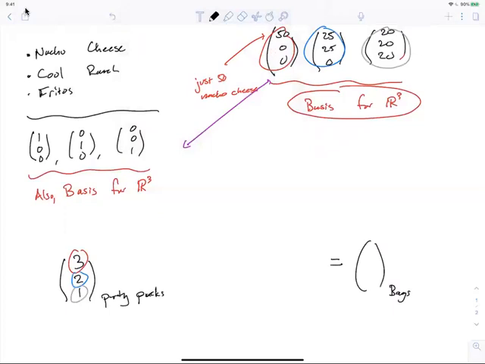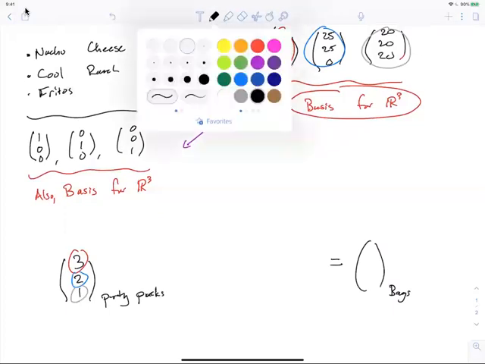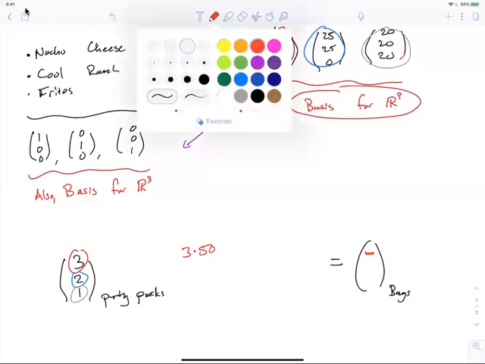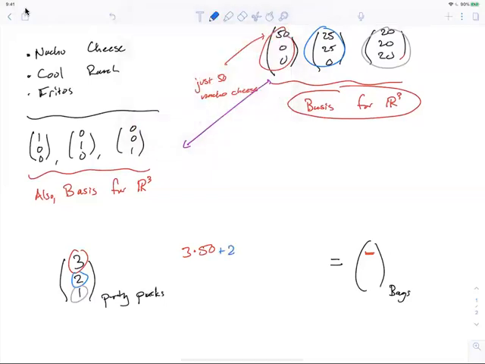And so we can do this just by feel, right? We can just talk through it. Well, let's talk through how many nacho cheese do we have? Well, from just the nacho cheese, we have three of the big boxes of just the nacho cheese. And then we have 2 boxes that have mixed bags, but have 25 of the nacho cheese. And then we have 1 box that comes with 20 nacho cheese. So altogether, what number goes here? We should get